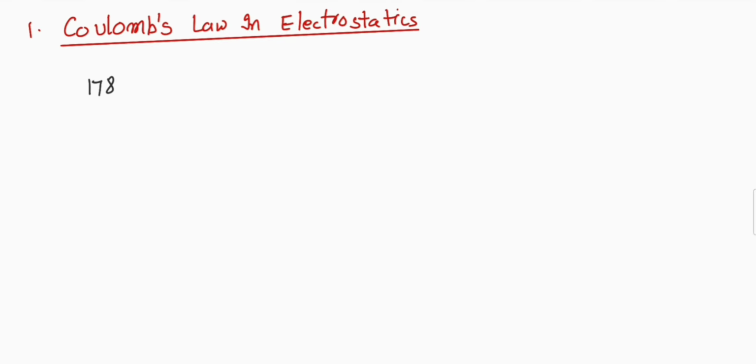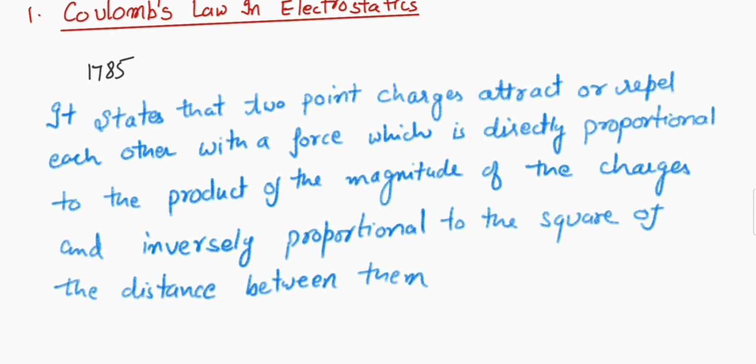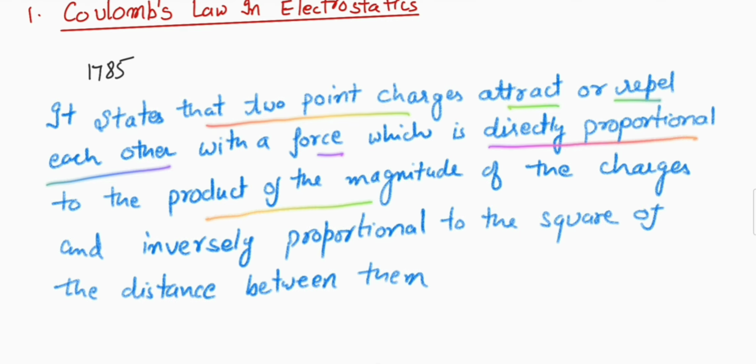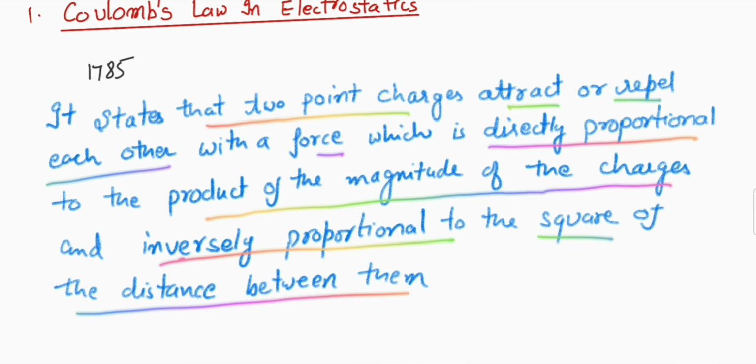In 1785, Coulomb measured the force of attraction or repulsion between two electric charges. His observations are known as Coulomb's law in electrostatics. And Coulomb's law states that two point charges attract or repel each other with a force which is directly proportional to the product of the magnitude of the charges and inversely proportional to the square of the distance between